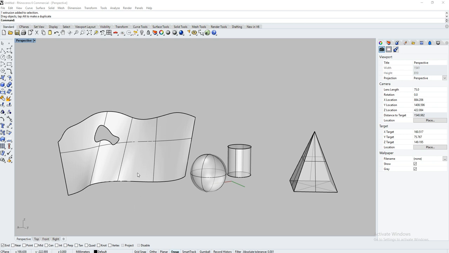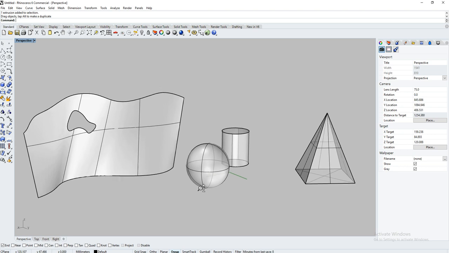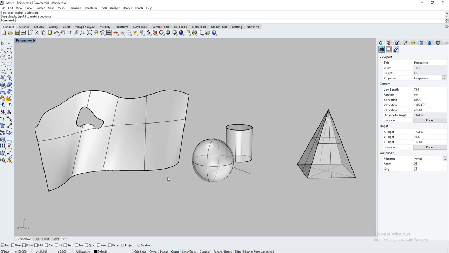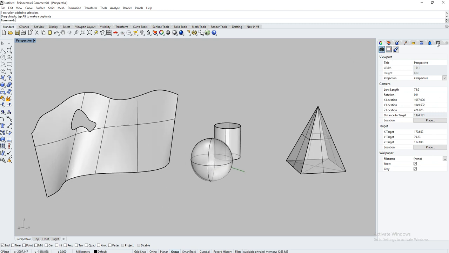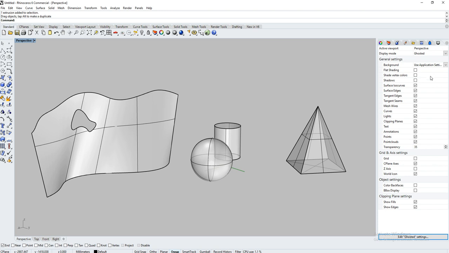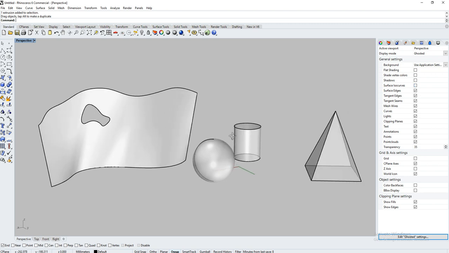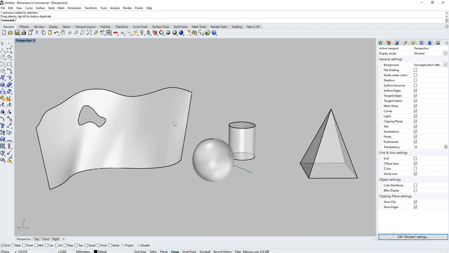Snapping to curves is quite easy, but there's a bit more to snapping to surfaces and polysurfaces. If you go over into the display and turn off the ISO curves. So when it comes to snapping to surfaces and polysurfaces, there's